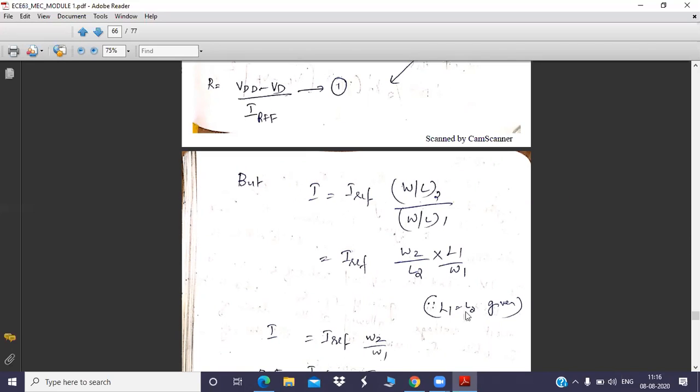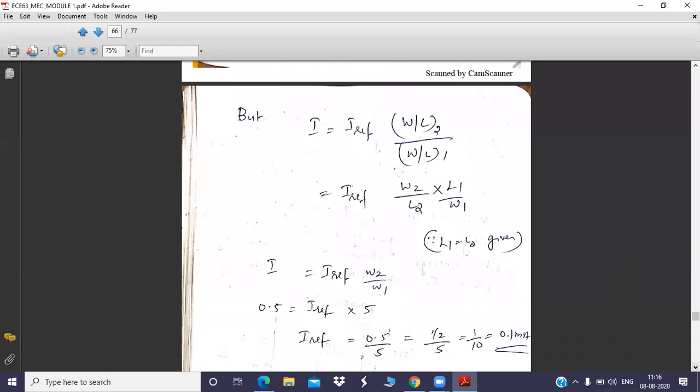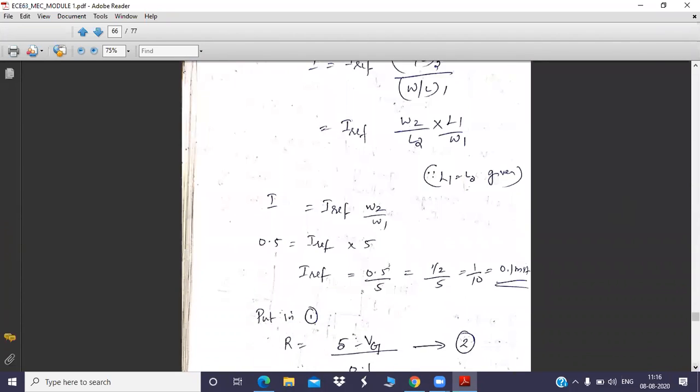Now it is given that L1 is equal to L2, so you can cancel these two. L1 equal to L2 means they cancel each other. So the equation becomes I equals I ref into W2 by W1. I is given as 0.5, and W2 by W1 is also given as 5. From that you can solve for I reference. So that will come around